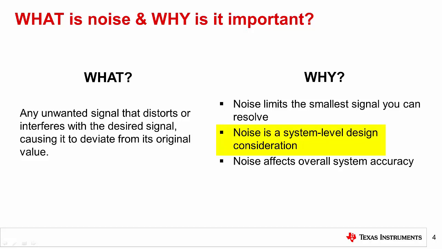Additionally, it's not always clear what impact individual noise sources have on the total system noise without simulation and analysis, so simply choosing the lowest noise components may not be practical or even necessary. Finally, noise may also have an impact on system accuracy as well, particularly during calibration where you need precise and repeatable results to ensure an accurate calibration. This begs the question, where does noise come from?